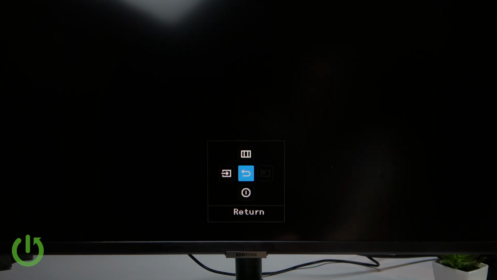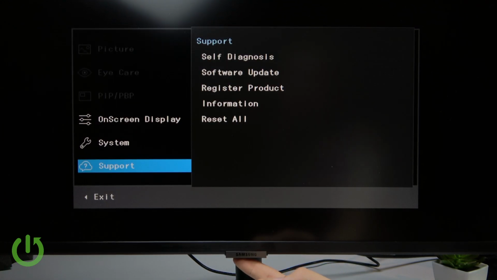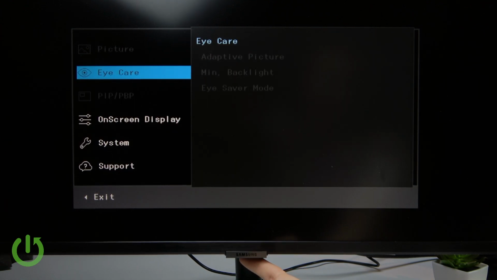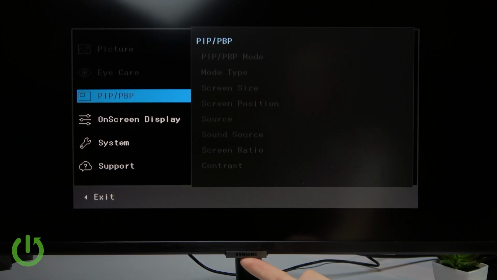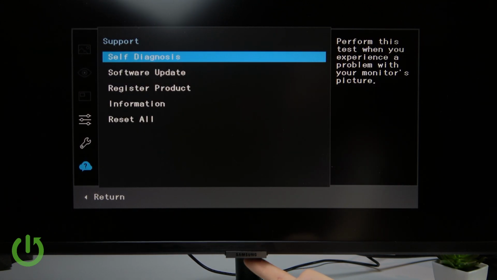So first of all, we're gonna have to press the middle D-pad key beneath the monitor, then up arrow key to navigate to menu, and press middle D-pad key to select. Now you'll end up on the sidebar of the main menu. Use up and down arrow keys to navigate down to support option, and then press middle D-pad key to select,